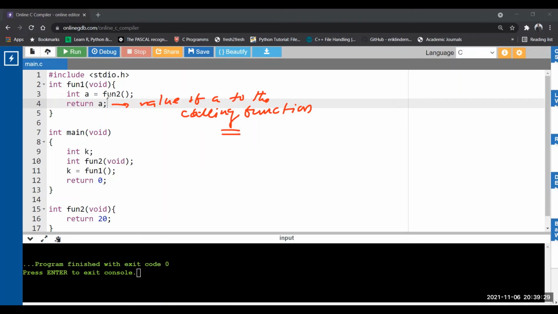So who is the calling function here? For fun1, main. So what is the value of A? Value of A is 20.